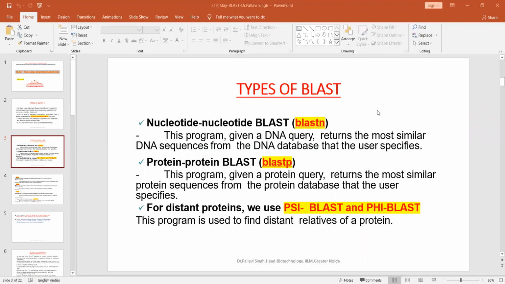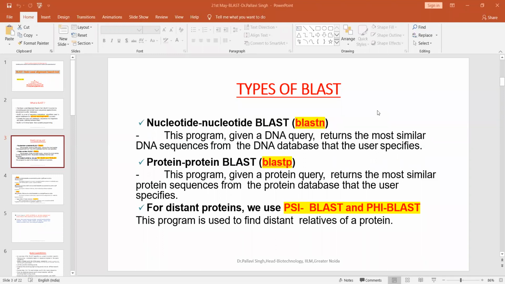But when you translate your query into protein and then do the searching, it is another kind of BLAST. Why do we need to do the translation? Because proteins are more conserved as compared to nucleotide sequences. And protein motifs and conserved residues give us a better approximation of the functions as compared to nucleotide against nucleotide. That is why the translated BLAST had to come into existence.